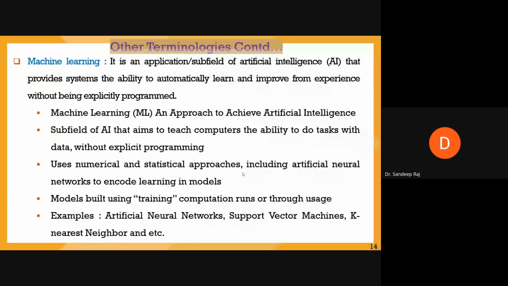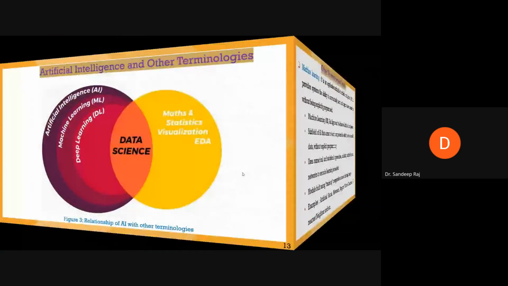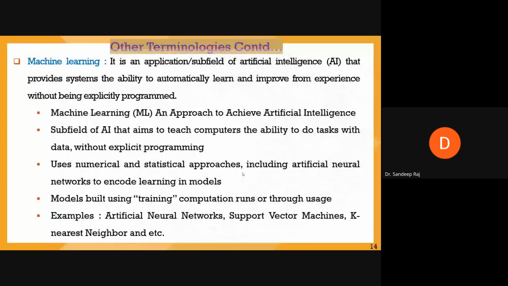Some kind of machine learning techniques is also used in the domain. Machine learning is the subfield of AI that provides systems the ability to automatically learn and improve from experience without being explicitly programmed. So there are many machine learning techniques like artificial neural network, support vector machine, k nearest neighbor,